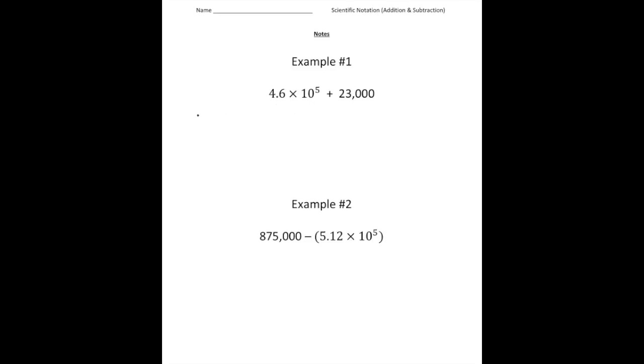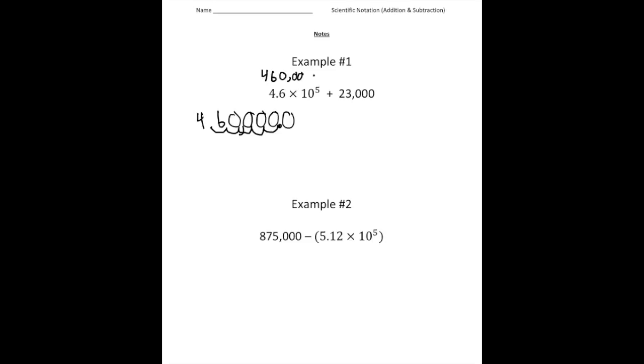So remember, 4.6 times 10 to the fifth means we have to multiply 4.6 times 10 5 times. So we're going to add some zeros here, so we have enough places. And now we're going to move the decimal over 5 spots. So here we go, 1, 2, 3, 4, and 5. So the decimal is now there. So this ended up being 460,000. So I'm going to write 460,000 above